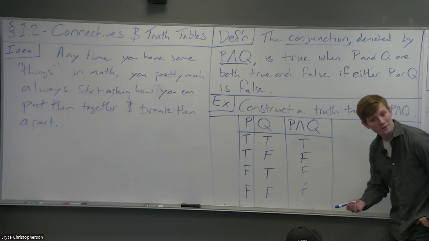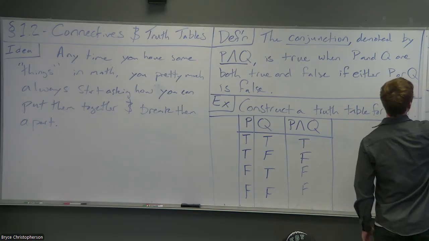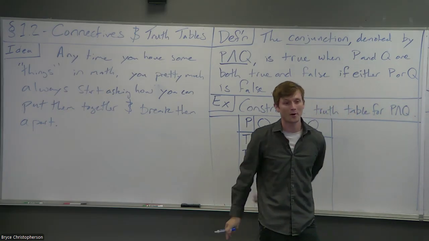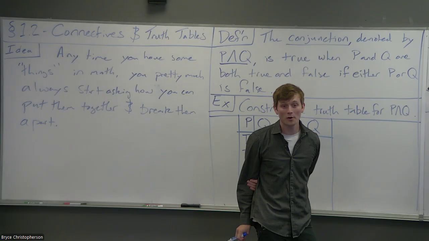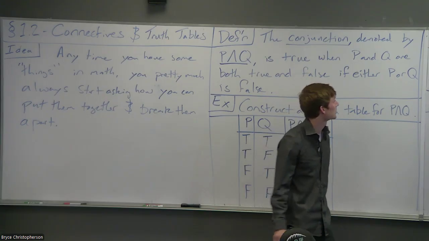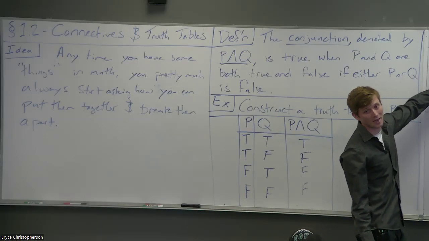We could also use, say, a different connective, a different thing to hook two propositions together and make a new proposition. Let's use a disjunction. The disjunction, which we will denote by this V symbol, this little upside down wedge, yeah? We'll read it as P or Q, P disjunction Q, whichever you prefer. It's just or in the standard way.